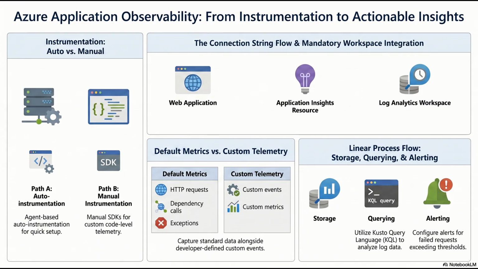It learns the rhythm. If you deploy a new version of your code, and suddenly the failure rate jumps to 5%, or the database latency creeps up to 800 milliseconds, the machine learning algorithm automatically detects that the current telemetry deviates significantly from the historical baseline. Even if I didn't set a rule for 800 milliseconds. Exactly. It generates an anomaly alert proactively without you ever having to manually configure a threshold rule that says, alert if failure rate is greater than 5%. It finds the unknown unknowns.